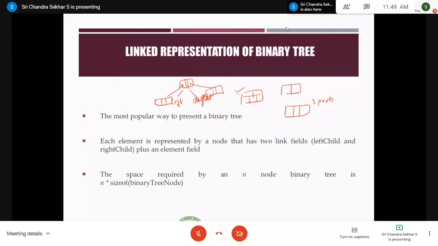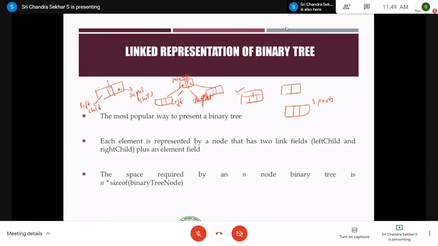From this, you are clear that the middle part, as I discussed, consists of the data value, right? So you have to represent a binary tree node as a node consisting of 3 parts, where the left part is a link to the left child, and the right part is the link to the right child, right?